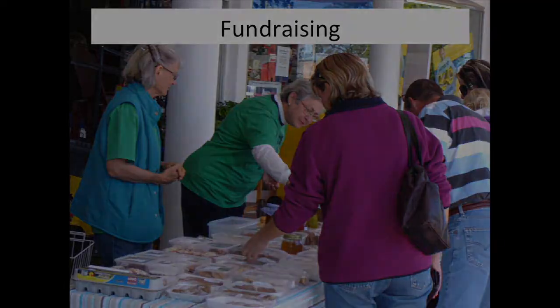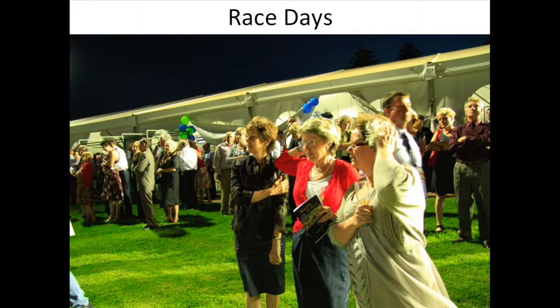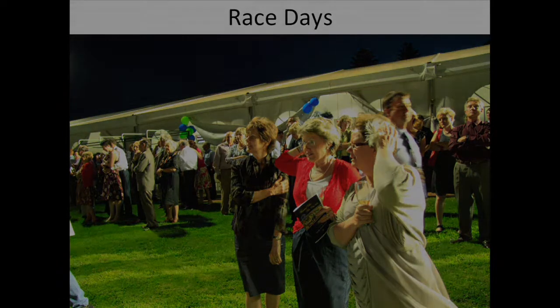local town, Pittsworth. We had some very good bakers who were good at that sort of thing, so it's good if you can make use of people's skills in different ways, and it gives you the chance to talk to the people that come along. We had race days in Toowoomba to raise money. We had members who were involved in breeding horses, so they were the obvious people to lead that sort of thing. We had auctions,